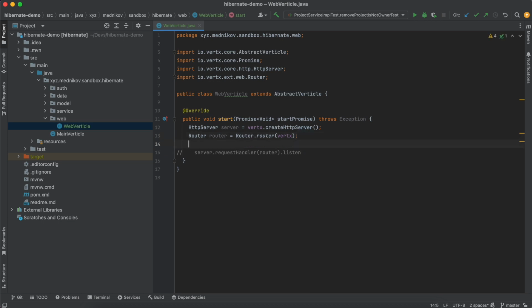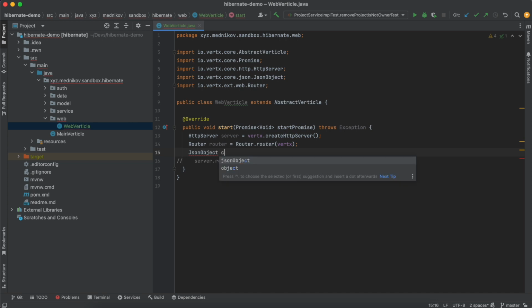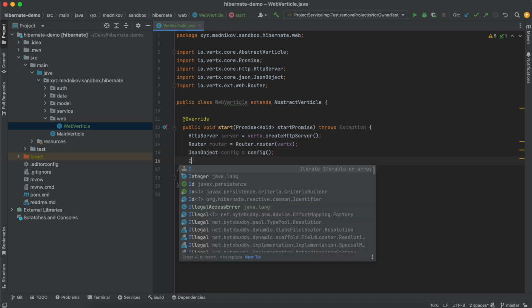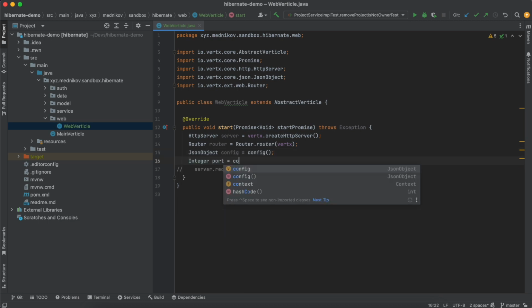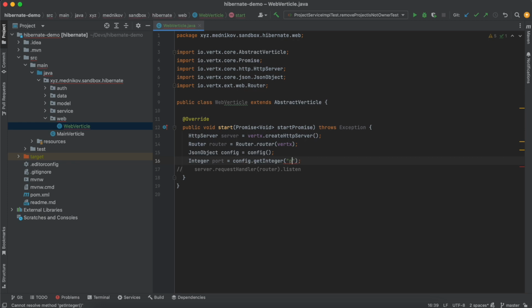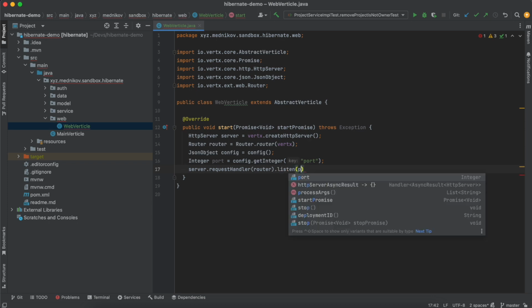We need to check it by using a config method that comes with AbstractVerticle. So let's get a JSON object and call it config, and then we use this config method that returns the configuration. And then we say integer port, config get integer, and here a port. And now if we uncomment this again, when we say listen, we pass this port value, which is now isolated from the code,